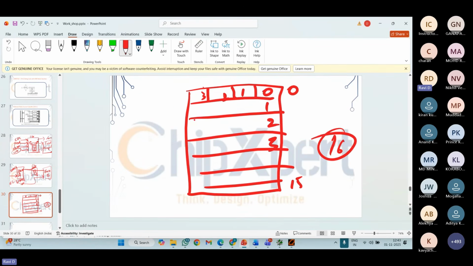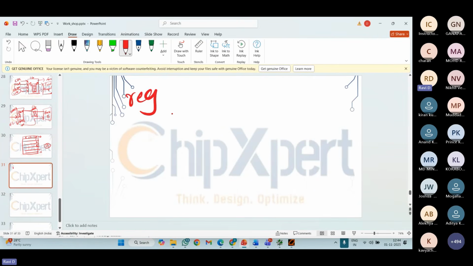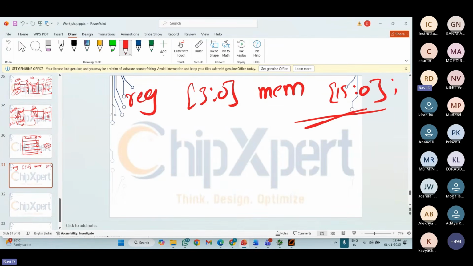So how am I going to represent the memory here? The memory is going to store the data, so if we want to store data, we need to use the reg data type. So I'm going to write reg [3:0], then the memory name mem, and the number of locations, [15:0]. Totally I need 16 locations, right?